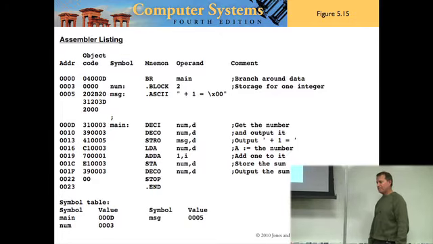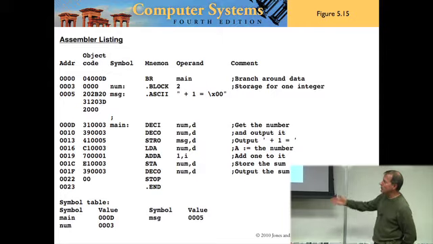I have a question. Say we were to put, under the decimal output, if we put num and then did immediate, what would come out? Would it output the address that num is at? Yeah. No, the object code that it would generate would be, instead of 390003, 380003, because it would be immediate addressing. And the thing that would come out would be 03. Right, because that's where num is. Okay. Well, I mean, what num? The value of num. Yeah. Well, if you look at the object code that's generated, it would.